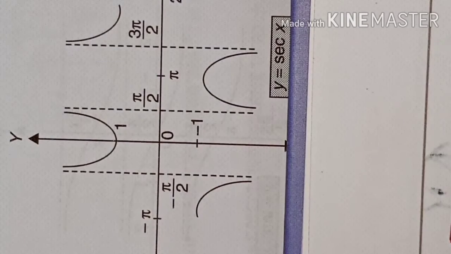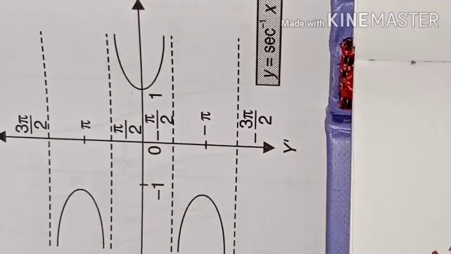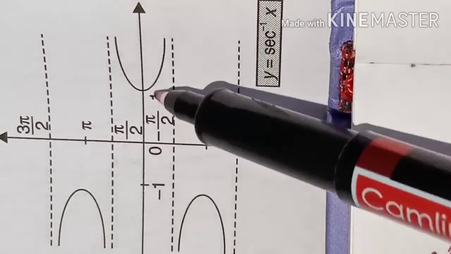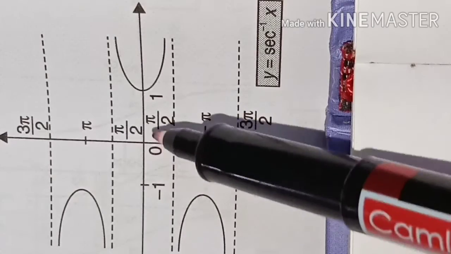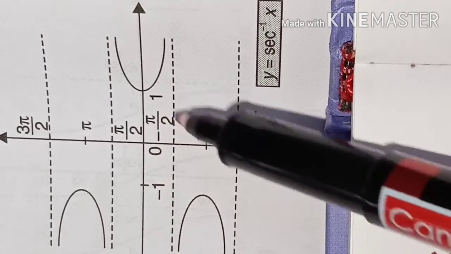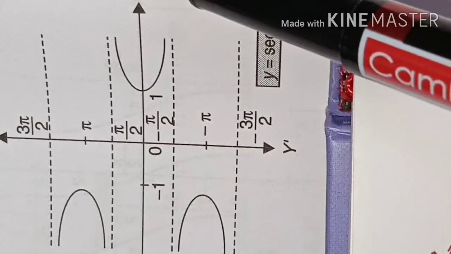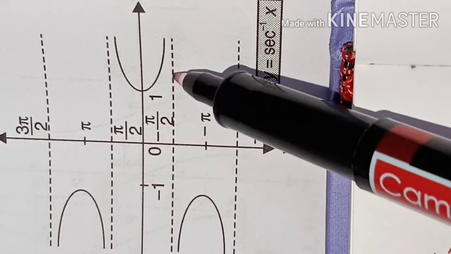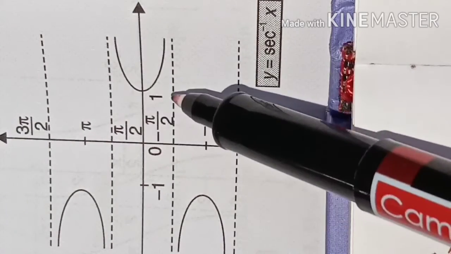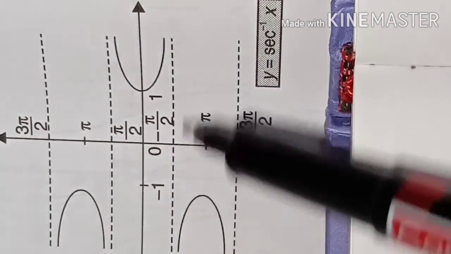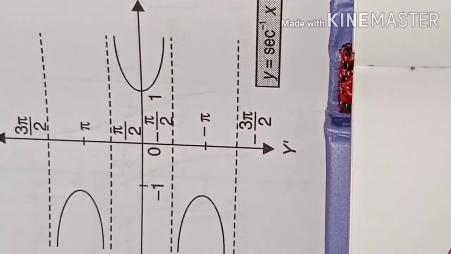I am just reminding you what you learned in class 11, because now we need to study the inverse functions' graphs. So the sec inverse function's graph is this one. As you know, the domain will be all the real numbers except the open interval -1 to +1. That's why the graph goes on the positive side of 1 and the negative side of -1. It will never reach the horizontal asymptote. What was the vertical asymptote for the sec function has now become the horizontal asymptote here. Got the idea? So this is the graph of the sec inverse function.